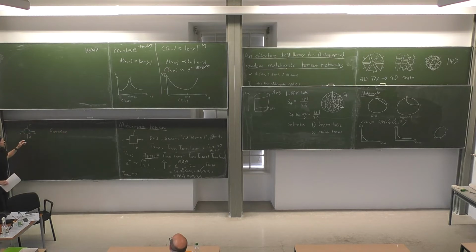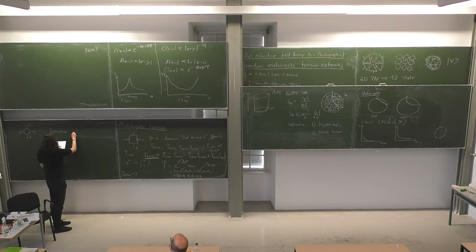This is the tensor that does Z2 multiplication of all its legs and spits out 1 if they multiply to the identity, and otherwise it spits out 0. So this is what you can use to construct the ground state of a toric code. If you want to establish a correspondence to matchgate tensors,